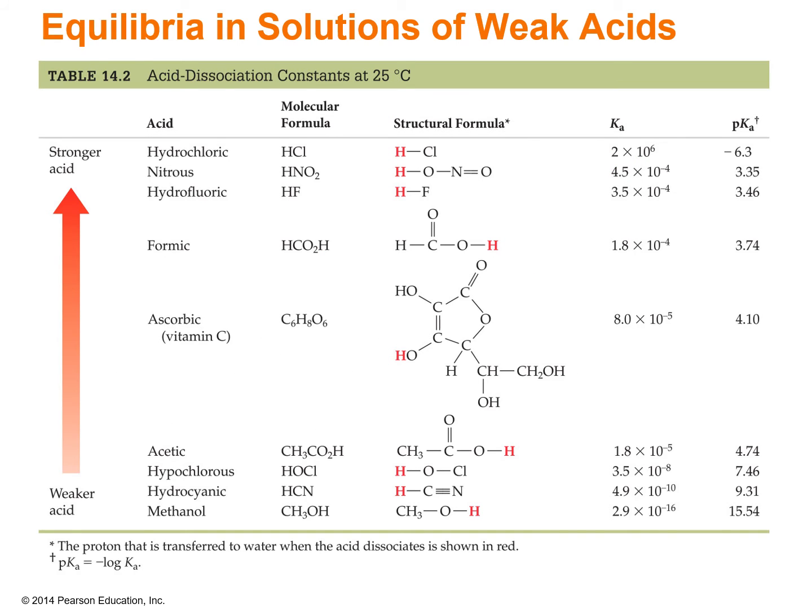So we can look here on our chart, and you can see hydrochloric acid is so large that it has a pKa that is negative in this case. And if we go to something like ascorbic acid, or vitamin C, it's got a pKa of 4.1, pretty reasonable. And going to something like methanol, which is not very acidic at all and hardly dissociates, you end up with something that's as large as